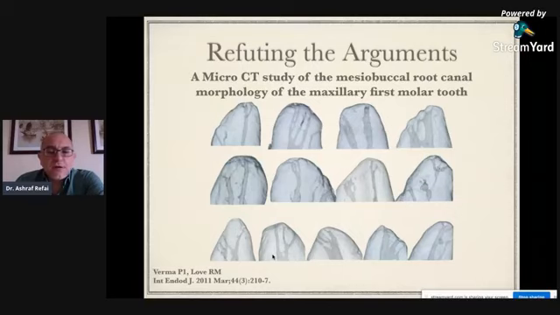This is a study by Verma in 2011, a very old study, but you can see from these micro CTs of the mesiobuccal morphology of the maxillary first molar how complex this anatomy can be. The best of us, the best endodontists, may fill one or two of these ramifications, but in no case can we actually obturate and fill every single ramification in these complex anatomies. So this leaves a very high potential that even if you were able to clean the canals somewhat, there are still areas of the canals which are not clean even after your best efforts at irrigation and enlargement of the canals.